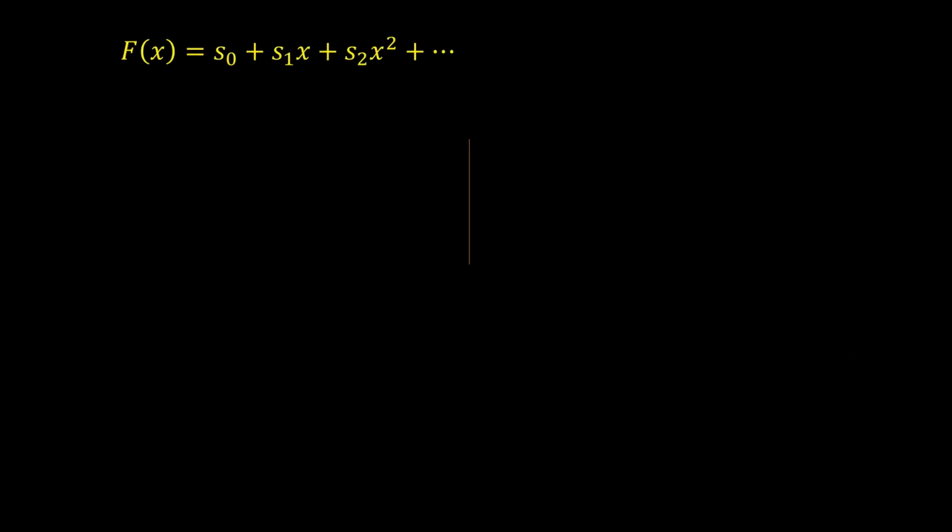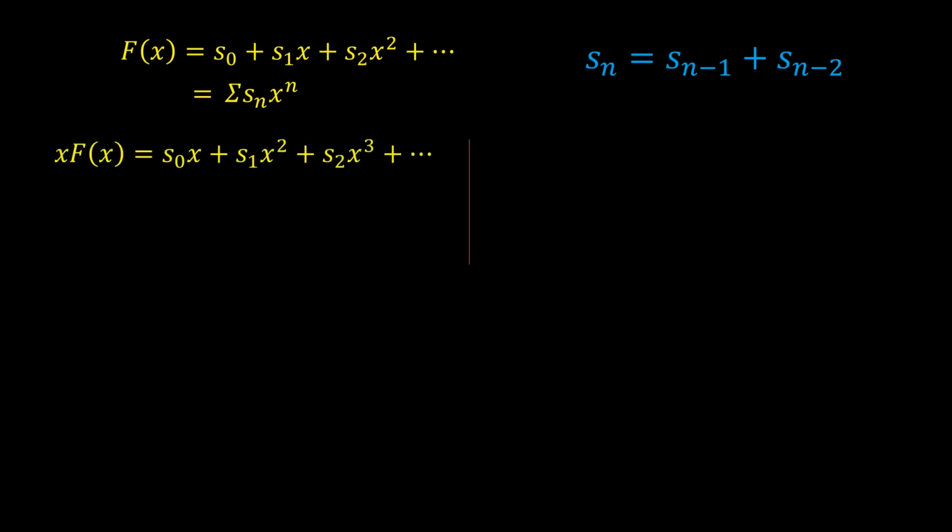Now, I define this function f of x, which is s0 plus s1x plus s2x squared all the way to infinity. We somehow want to use this expression over here, which is Sn is equal to Sn minus 1 plus Sn minus 2. To do that, we first construct this function xf of x, which we can write as s0x plus s1x squared plus s2x cubed all the way to infinity. I can also write it as summation Sn x to the power n plus 1, where n is greater than or equal to 0. If we let our n start from 0, n plus 1 starts from 1, so we